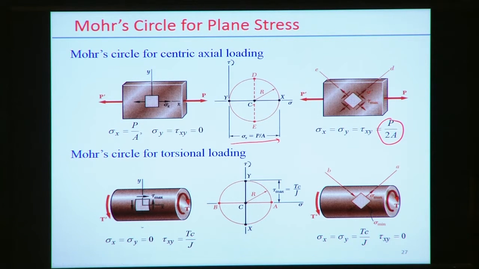Similarly, Mohr circle for the torsional loading also. So there exist no normal stresses, only the shear stress component is there. So in this case, the state of stress can be defined like that, but maximum values are sigma max and sigma min. At this point, the tau xy equal to 0. Shear stress maximum equal to tau, but maximum and minimum values with respect to the origin are the same in this case.